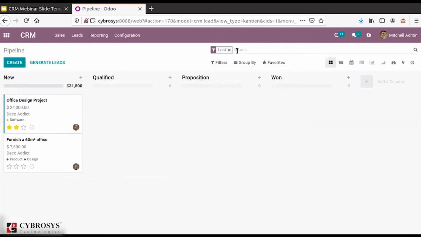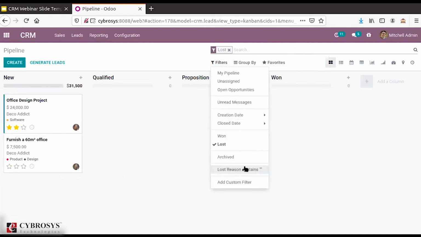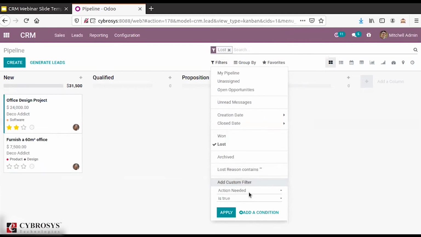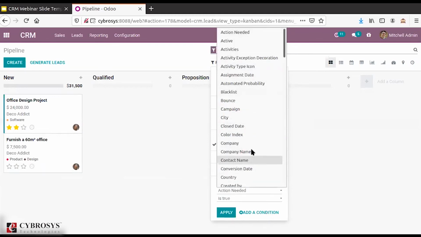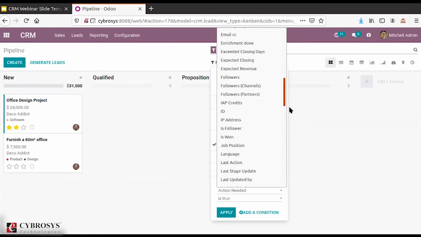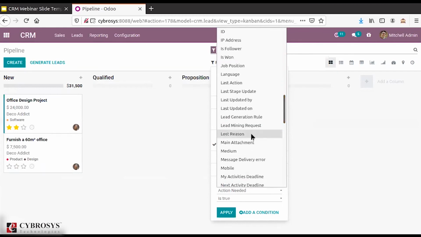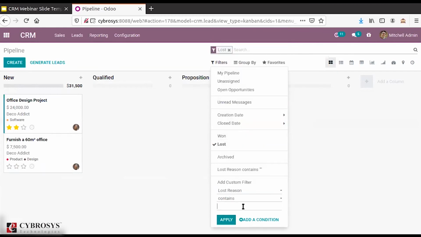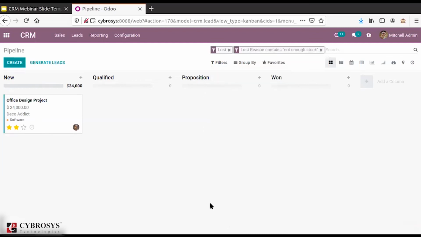Suppose from here I am taking lost reasons contain, and I am just applying that.